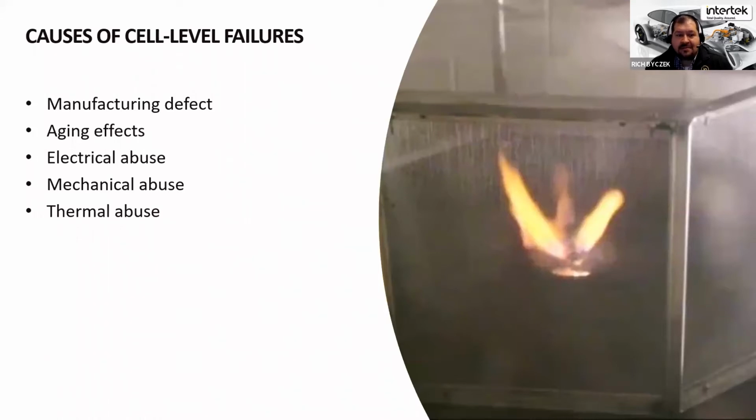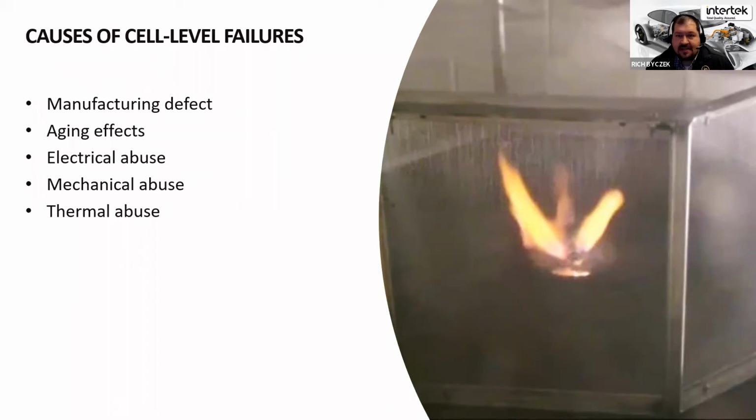Or you have some of the more common occurrences over the years. Some of the incidents that have occurred over the past 25 years or so were manufacturing defects where a contaminant made its way inside the battery, and that became the source of an internal short circuit. So I keep talking about internal short circuits. Those tend to be one of the internal causes, where some sort of shorting mechanism between the anode and cathode inside the cell allows for an unintended current path that creates heat and could eventually evolve into a fire and explosion.